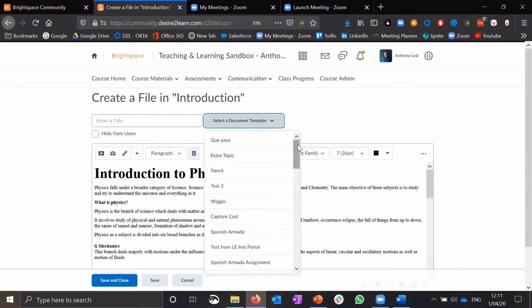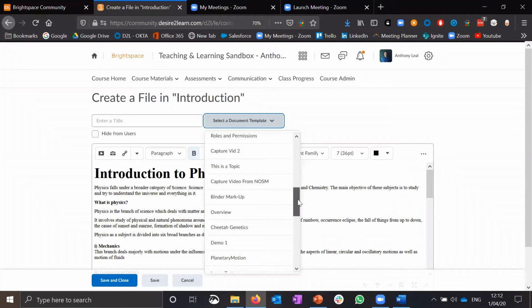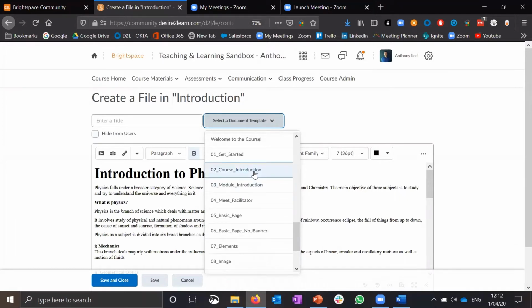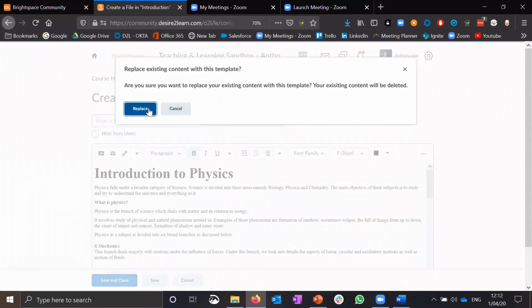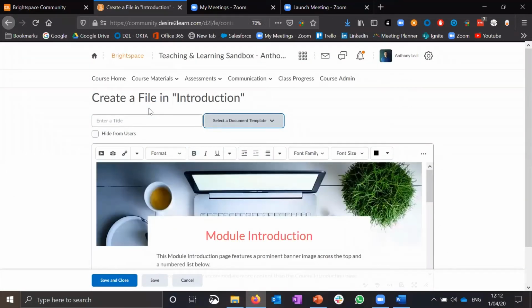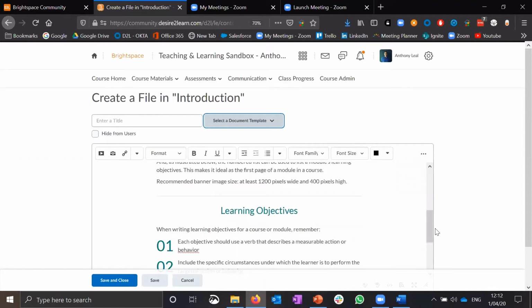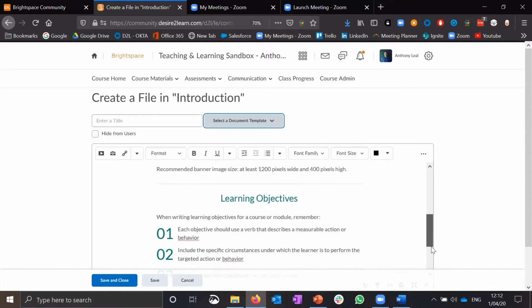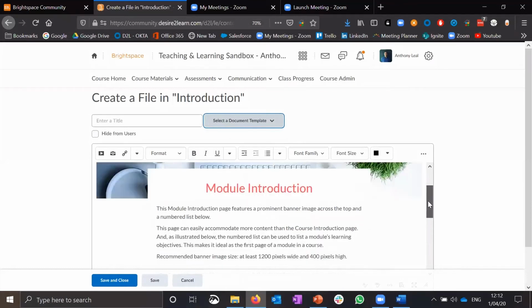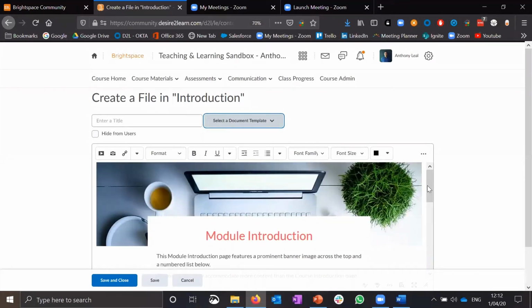Now we have some templates that are available to you that are either in your Brightspace instance already now, or you can get them from our community. This will replace any existing content that I've put in. But as you can see, it's pre-built and it already has a lot of formatting and structure for a course that suits different parts of your teaching structure. So a course module or